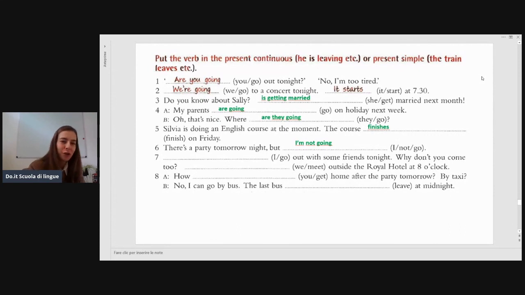So don't worry if you don't understand anything, but try to join us, try to understand which future form we should use here. So number 7,